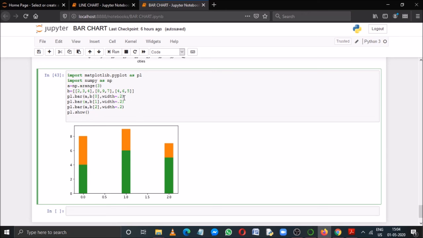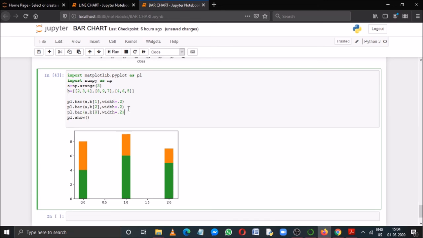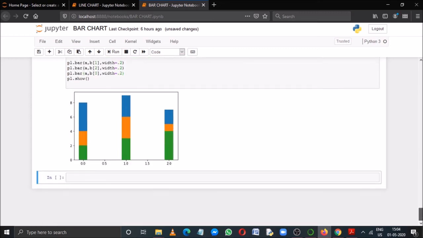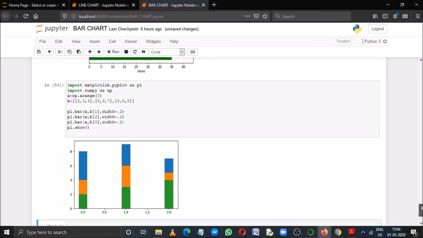But if you put the lower value range at the last, that will be placed at the top layer. Now see what happens if I run this. You can understand all the three different bars together.